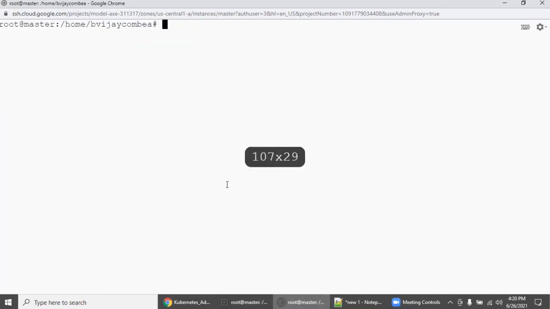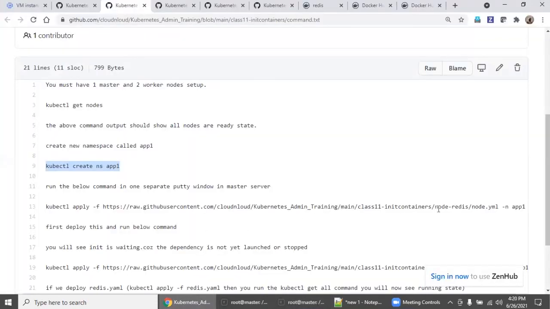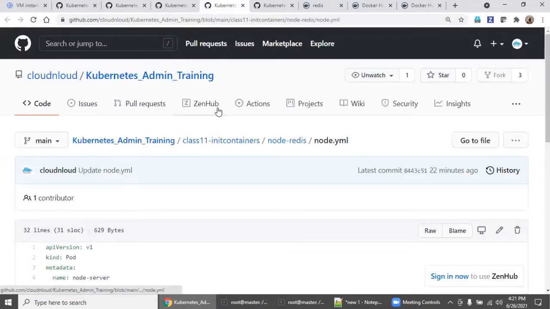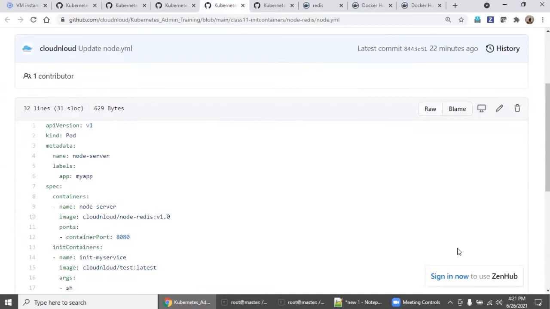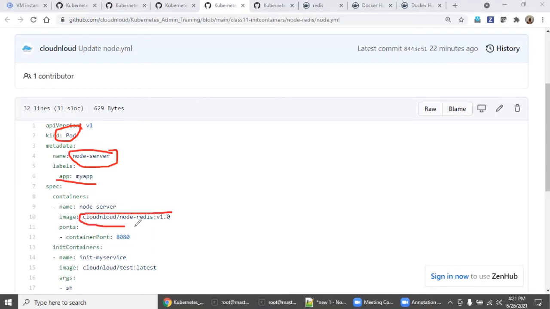In this we are going to deploy the first YAML file. Let's check what is inside that YAML file. We are creating a pod, and the name is node-server, right? We are setting some labels, and the pod is going to call out this image.